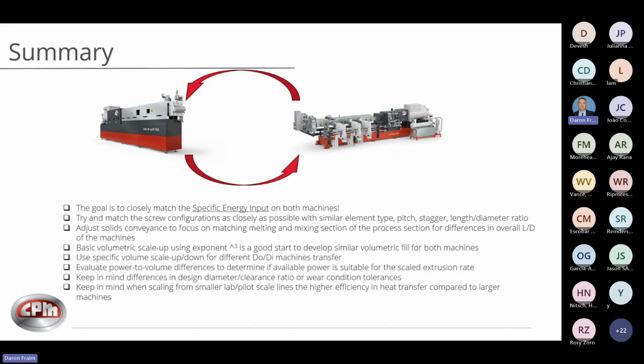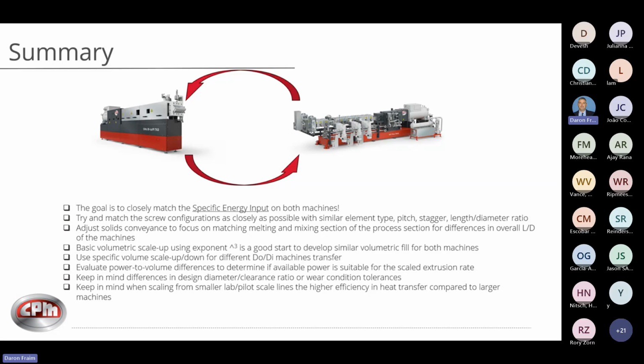Adjust solids conveyance to focus on matching melting and mixing section of the process for differences in overall L/D. So if you're going from short machine to long machine or vice versa, try to adjust the solids conveying. Basic volumetric scale up is a good place to start to develop similar volumetric fill. Use specific volume scale up, scale down for different DO/DI machines. So this is again moving from 155 to 166 or vice versa, or to 1.8 or whatever the difference in those DO/DI ratios is, to use